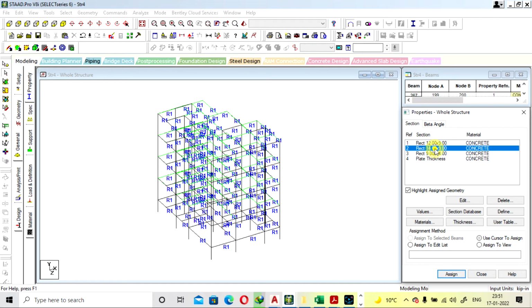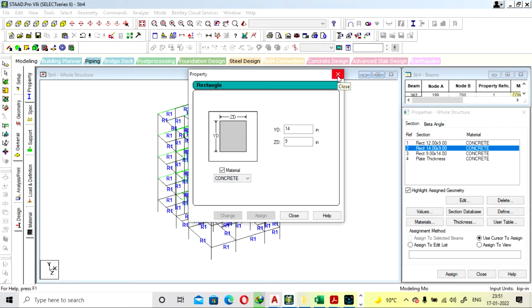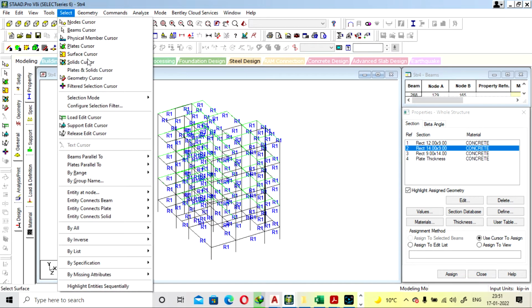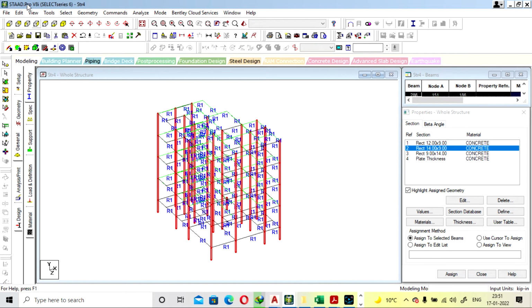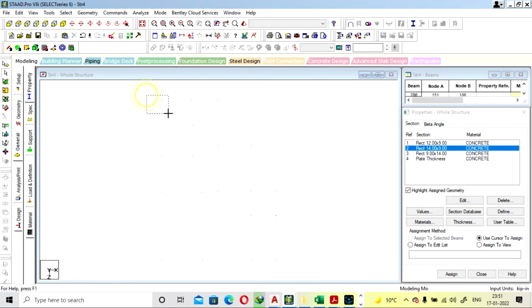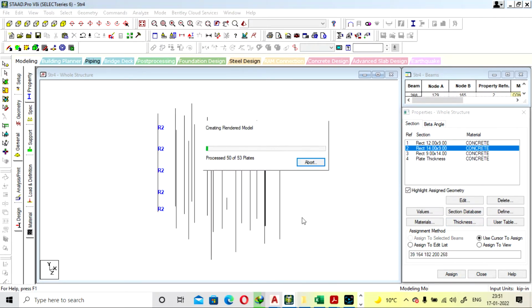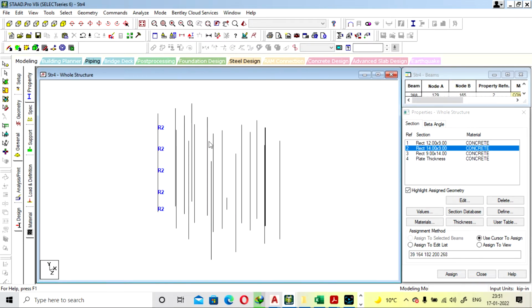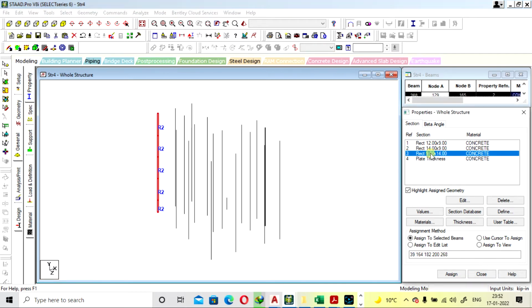So we'll go for the column. Select this first column. So you select the column first. Beam parallel to y-axis and view selected object only. Now we will go with this point and check the angle of the column. Assign to selected, assigned. So you can check that angle. So this you have to provide as R3.